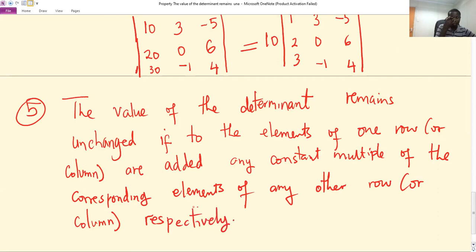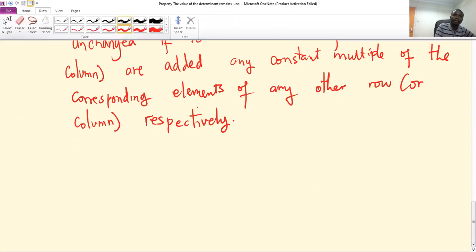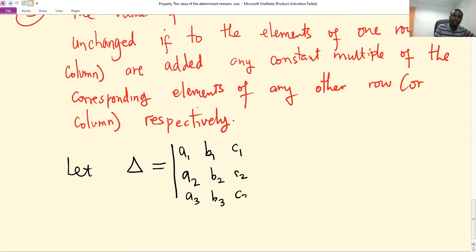This is what you mean, that if you take a scalar multiple of a row and add to another row, or you take a scalar multiple of a column and add to another column, the value of the determinant does not change. So for example, let us have the determinant A1, B1, C1, A2, B2, C2, A3, B3, C3,